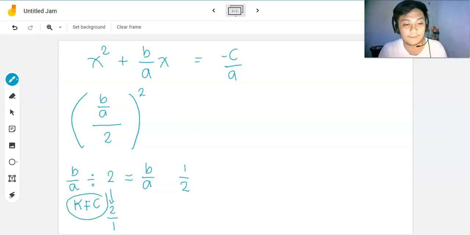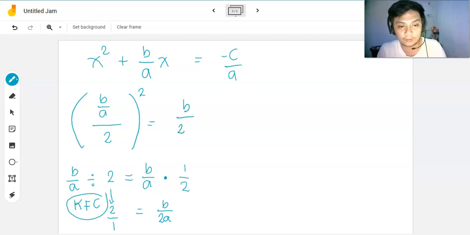And then what is c? C is change the operation to multiplication. So from having a division sign, we will now have here a multiplication sign. So yung dot na lang. Or ganyan dot. Okay? And let's just multiply the numerators and then put the result over the product of the denominators. So we have b times 1 is b over a times 2 is 2a. So ibig na sabihin yan, yung b over a divided by 2 is equal to